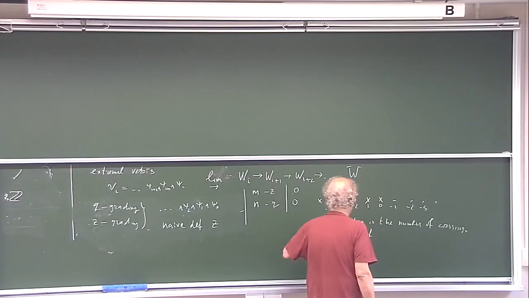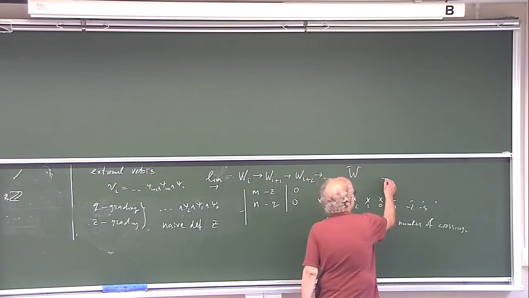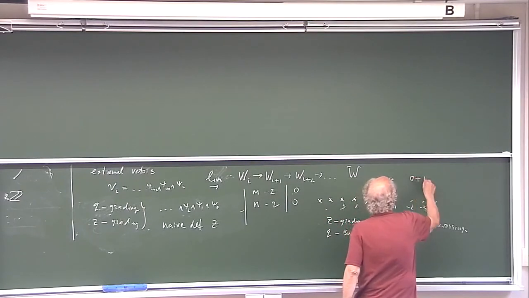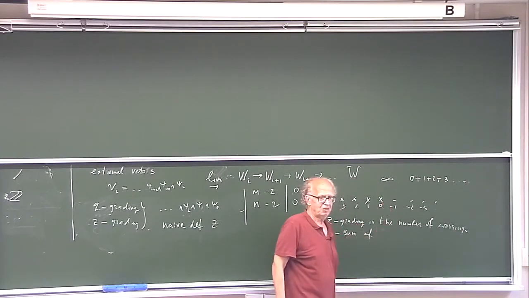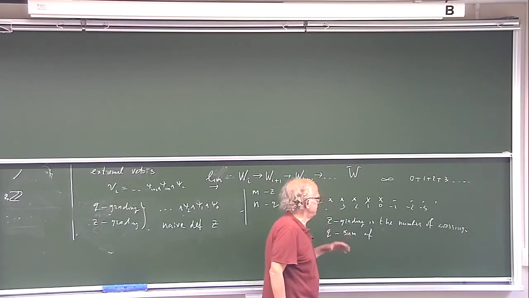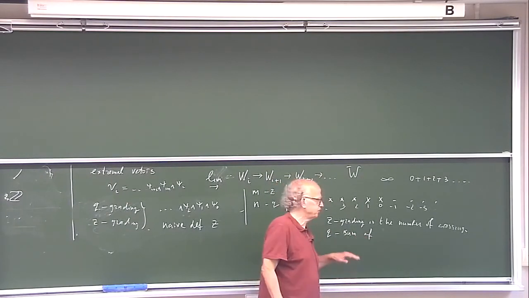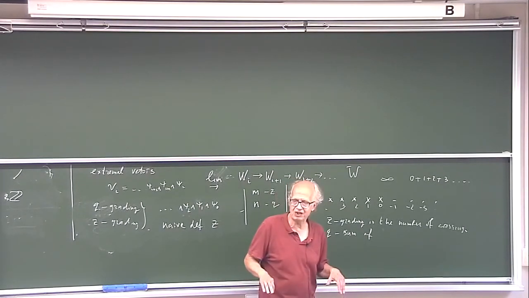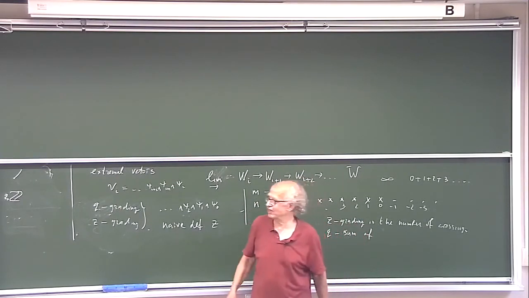But this definition surely does not work, because here the number of crosses is infinite, and the sum of numbers here, Q grading, is 0 plus 1 plus 2 plus 3 plus so on. So it is not good, but what is well defined is relative grading. Because if we have two different configurations, the difference of Z grading is well defined, and the difference of Q grading is also well defined, because we subtract infinity and get really well defined things.